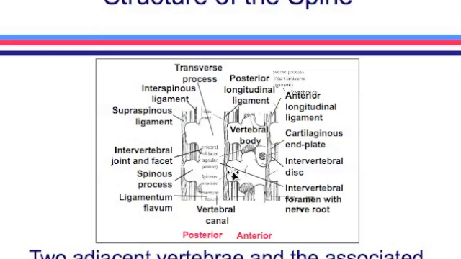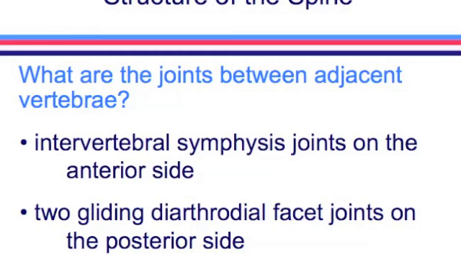The transverse processes, those are the ones that go out to the side, and that provides us also for connection of ligamentous structures in between the components of the transverse processes. Then we have an intervertebral disc. The intervertebral disc is going to provide the cushioning as well as give us some structure in between those segments. So they're actually going to be part of the motion here in between those two vertebrae. And then of course down in the center you've got the vertebral canal, which is where your spinal cord is